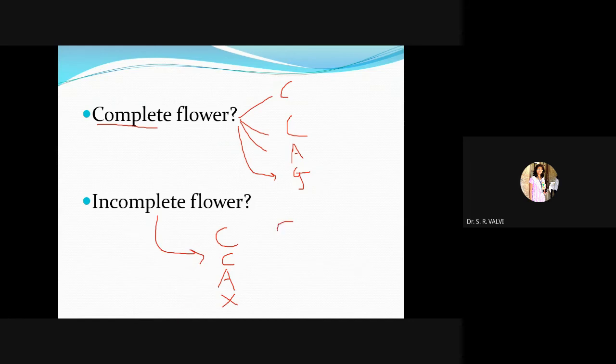Even in many flowers, calyx, corolla, and only gynoecium is present, right? In that case, androecium is totally absent. So this condition we also call as what? Incomplete flower. Okay, any one of the floral whorls missing, that time the flower is called as what? Incomplete flower. Okay, and in the complete flower all the floral whorls are present. Then the flower is called a complete flower.